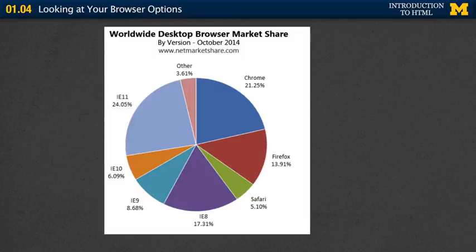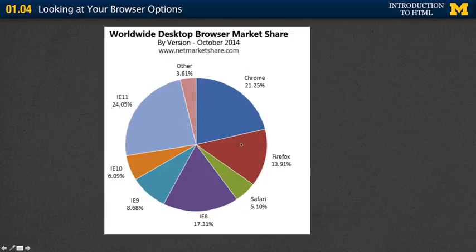Now, here's a quick infographic from October 2014 showing you the market share that each of the different browsers has. The IE stands for Internet Explorer, and you can see that there are different numbers behind it. Internet Explorer 11, 10, 9, 8, etc. So altogether, Explorer takes up a huge chunk. But as you can guess, fewer and fewer people are going to be using the 8 version, 9, 10, etc. And the question is, are they going to upgrade to a newer Internet Explorer or move over here to perhaps